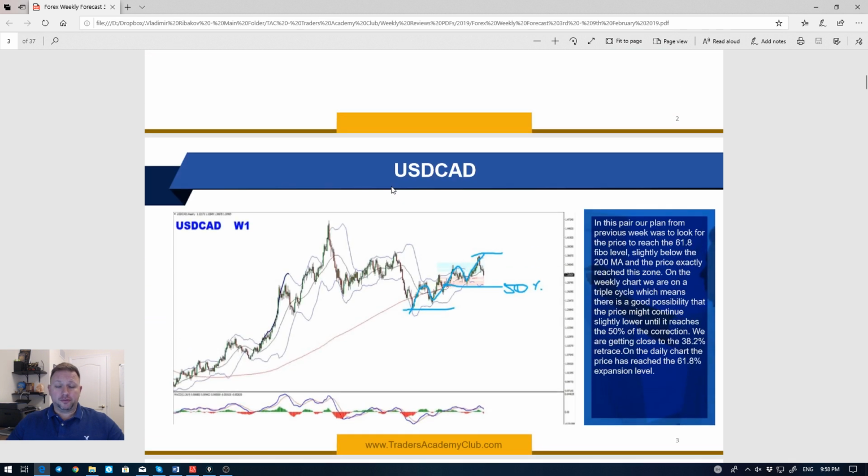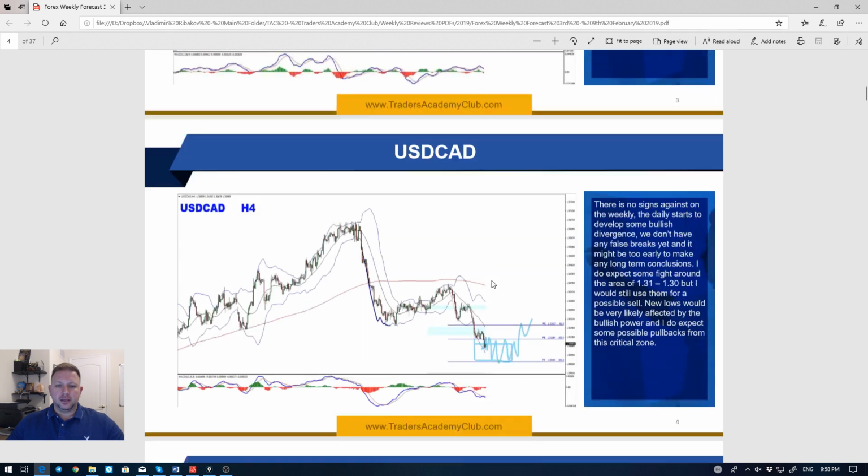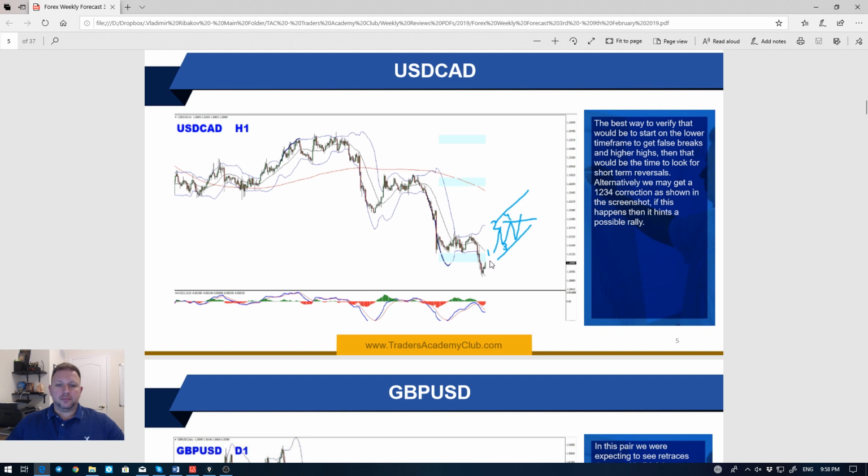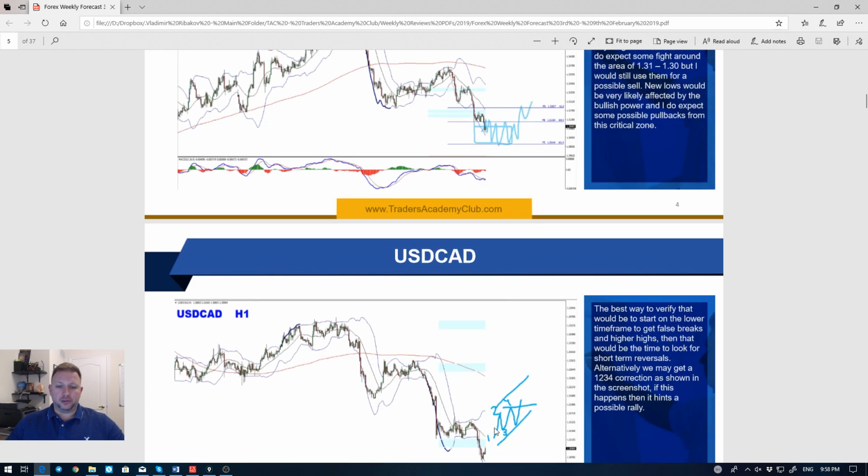Dollar CAD was our first plan we follow. Our idea that we are aiming the 50% of the weekly triple cycle. On the shorter term, we expected corrections to the upside after a little range, or after creating 3 highs, 3 lows, so basically 1, 2, 3, 4, and break above the 4. By the way, if you are not familiar with this kind of structuring in a trend and purely working with price action in definition of trends, primary or minor,